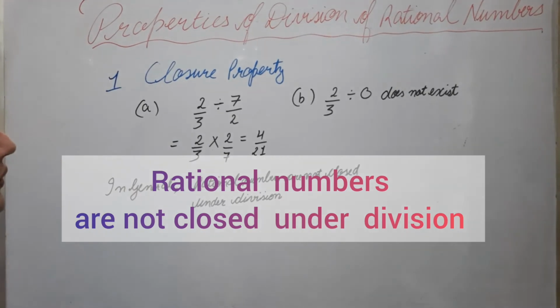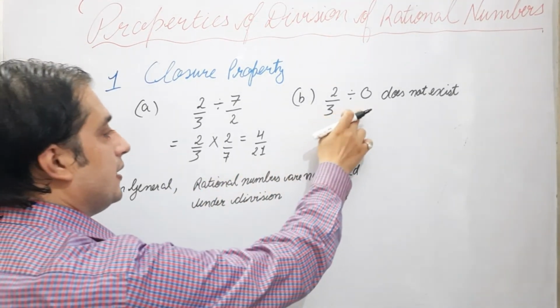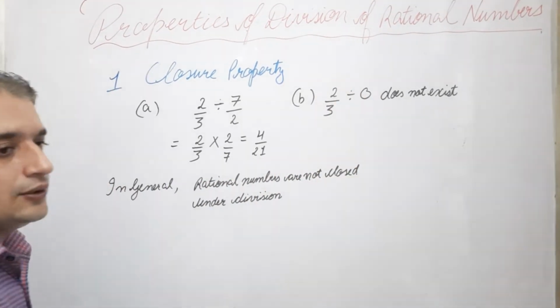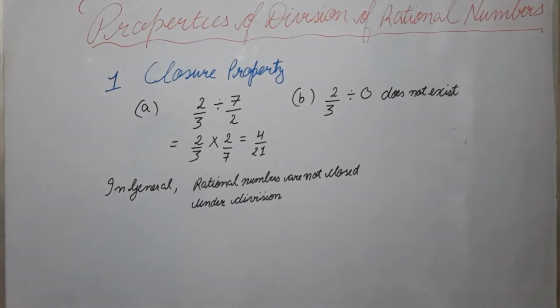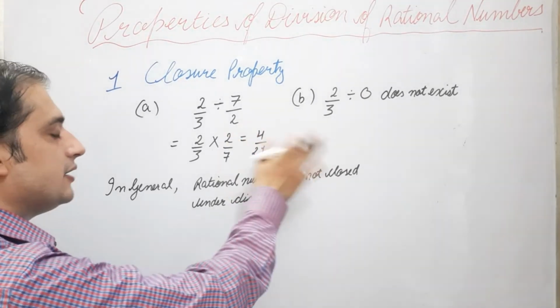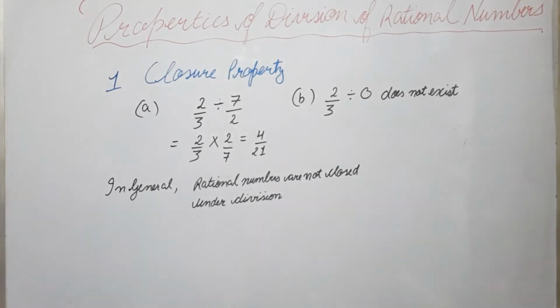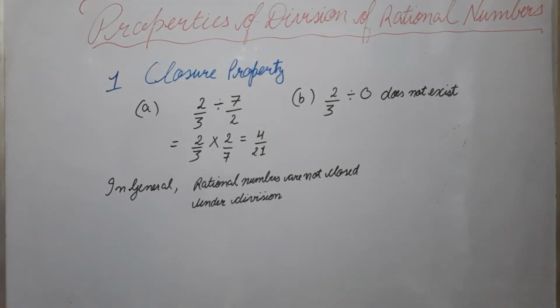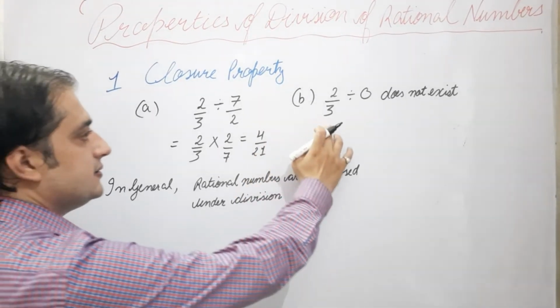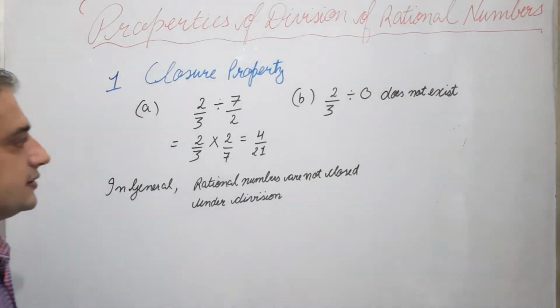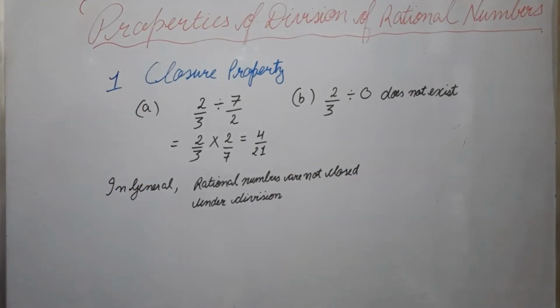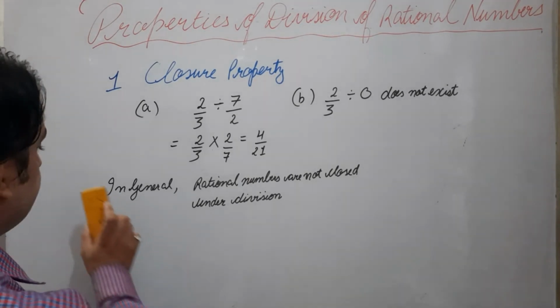If we exclude 0, then the remaining rational numbers are closed, meaning you can divide all the remaining rational numbers, but in this case the division does not exist, so the rational numbers are not closed under division, right? So next property